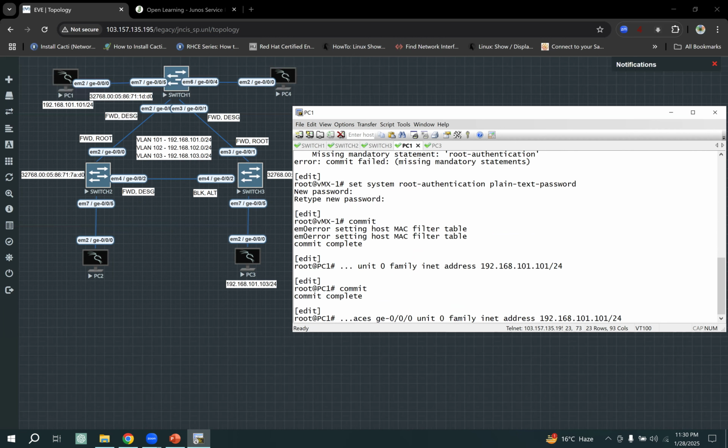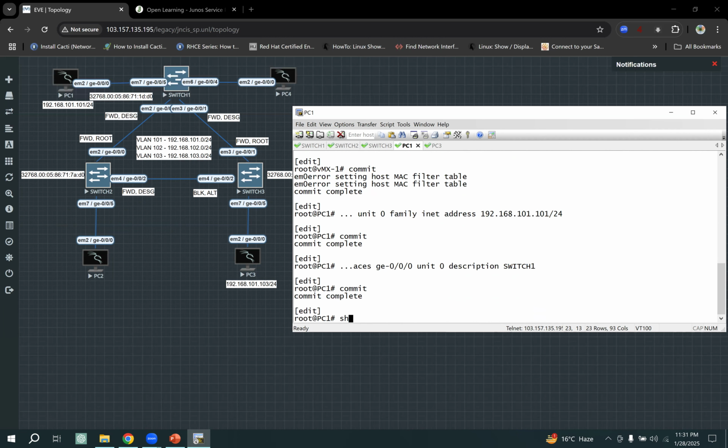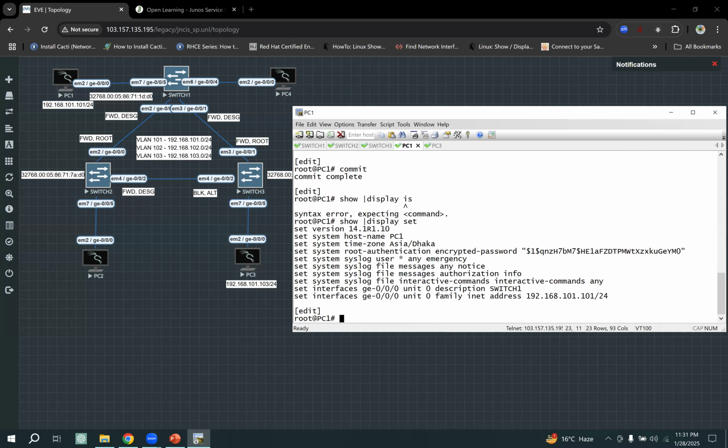Or you can set a description here. This is optional. Switch 1. Commit. Show, display set. So